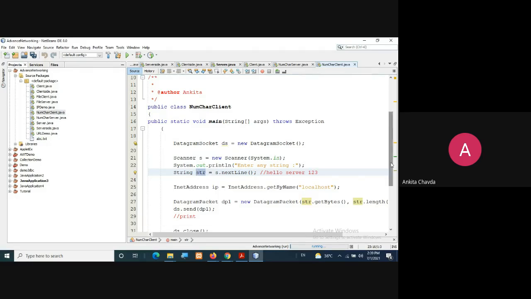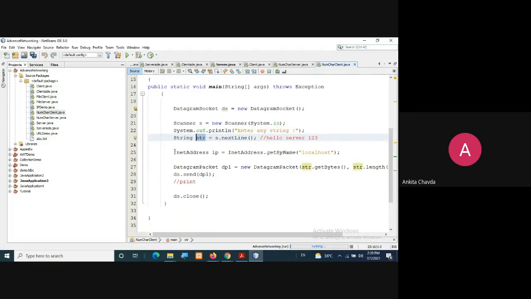Now I'm creating an InetAddress object: InetAddress ip equals InetAddress.getByName("localhost"), because you are on the same machine, for now.